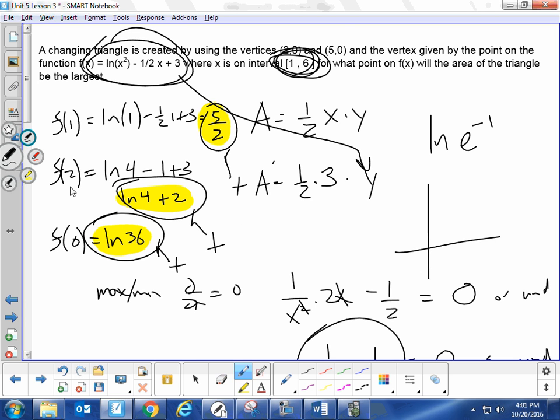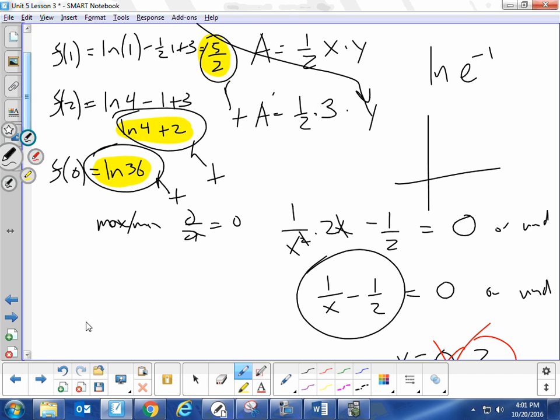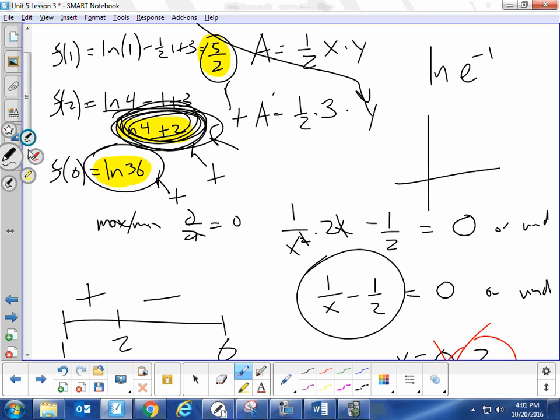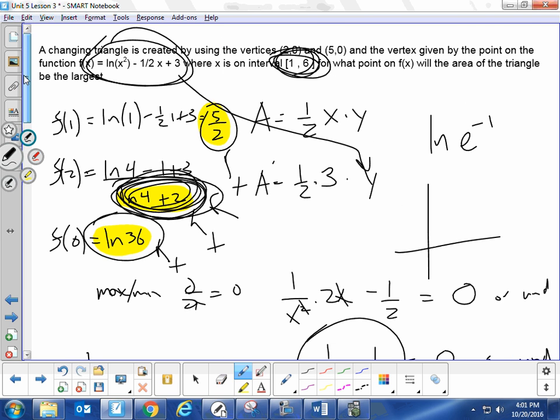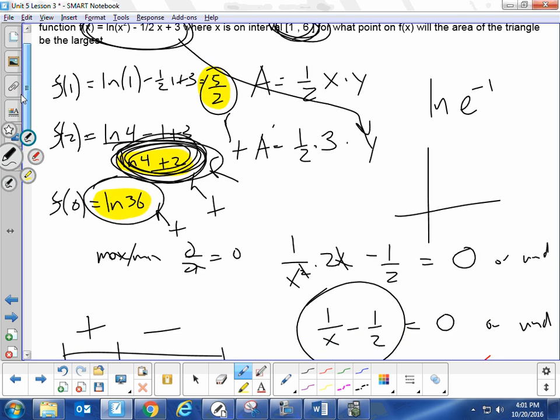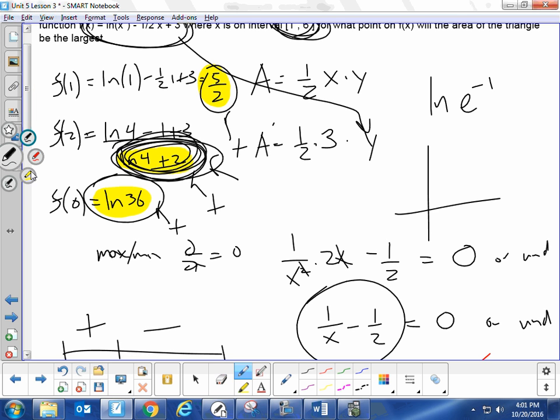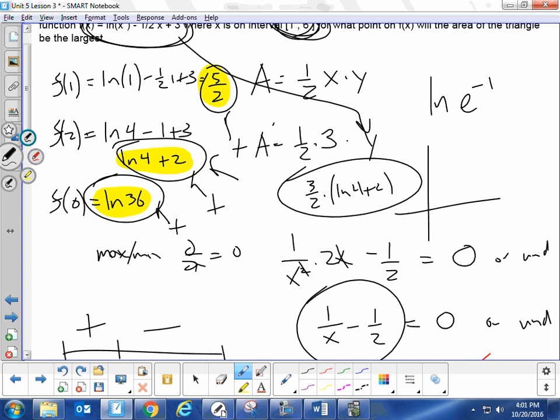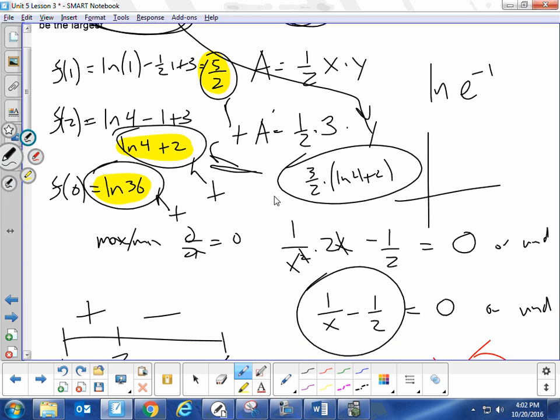So really, going back to that first derivative test, we know that we are going to be increasing until 2, then decreasing after 2 to 6. This number here is going to have to be the maximum y value. Now, since this is the maximum y value, that would be the point. If I wanted to find the area, I would have to do the 1/2 times the 3 times that y value. So 3/2 times log of 4 plus 2. And that would give me the answer for my y value. I can double check